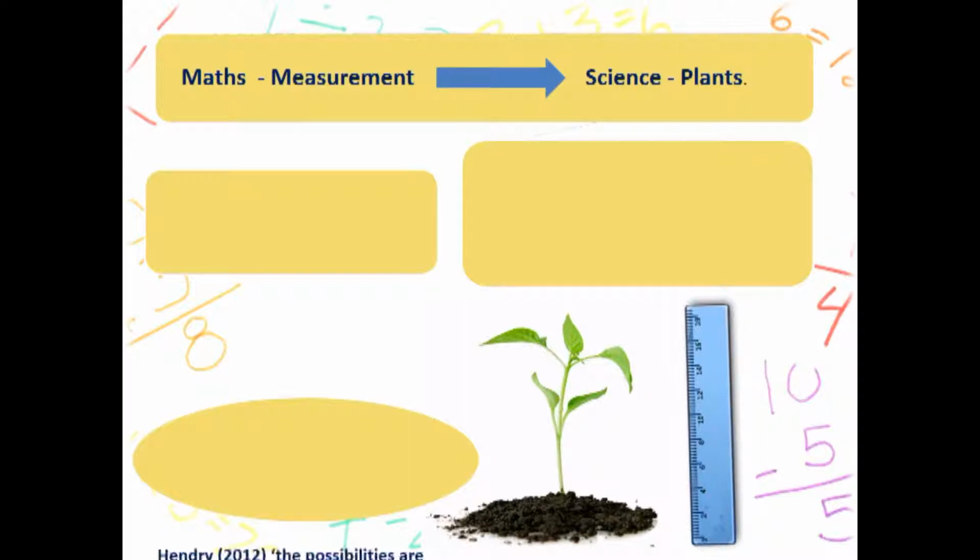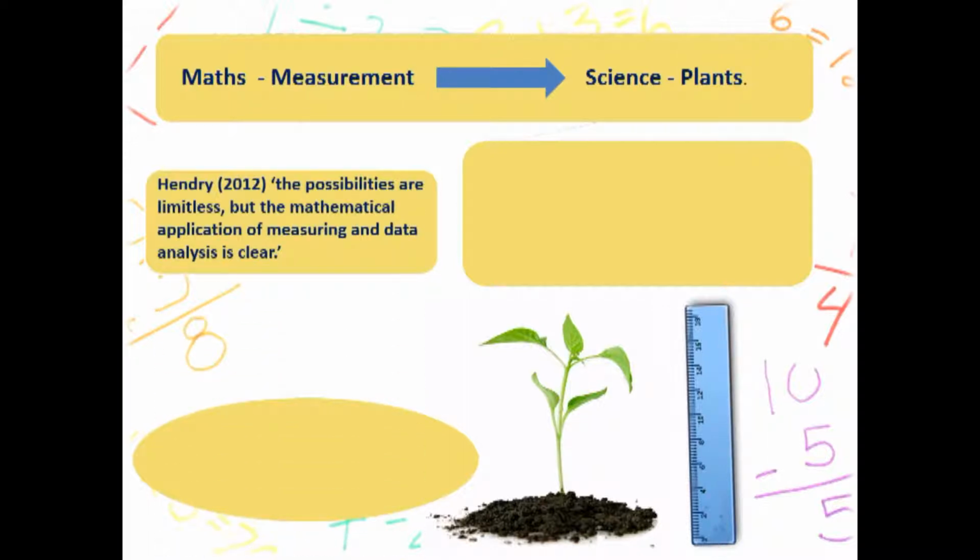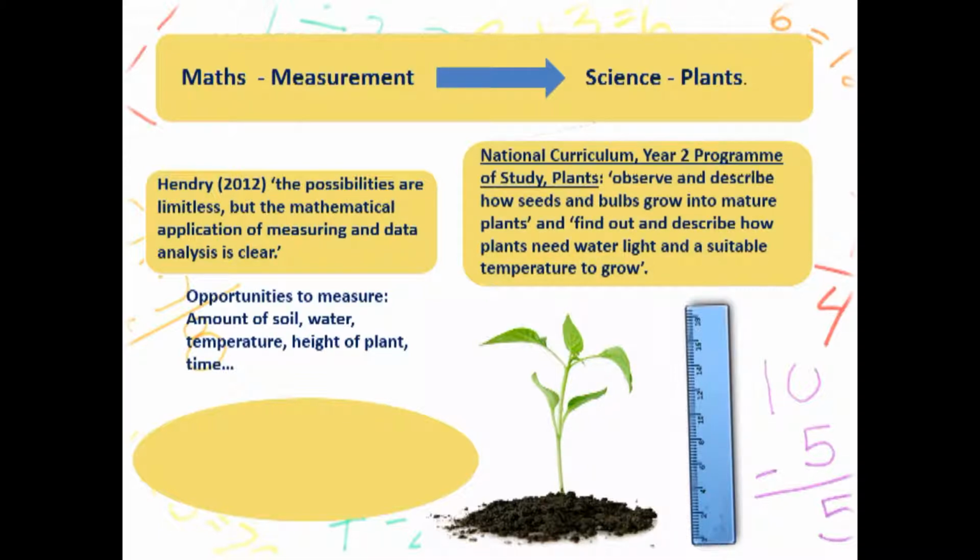Hendry argues that the study of plants raises many questions of what to measure, how and when, therefore the possibilities are limitless, but the mathematical application of measuring and data analysis is clear. Carey argues that to fully understand the problem, children need to draw together insights from different subjects, and discrete teaching only offers partial insight. The Year 2 programme of study on plants states children should observe and describe how plants